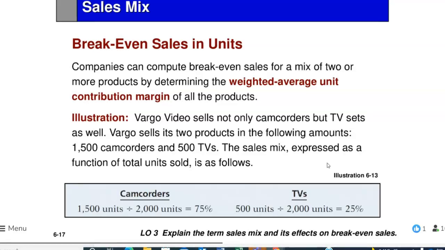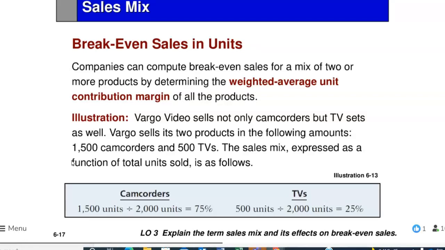Vargo has its two products in the following units. So they sell 1,500 camcorders and 500 televisions. Now, a company has experience in sales. They know pretty well how much the mix is going to be. For every 5 cans of razor blades, there will be one shaving cream, there will be 2 razor blade boxes, what have you. In this case, Vargo knows that of the 2,000 units they sell, 1,500 will be camcorders and 500 will be